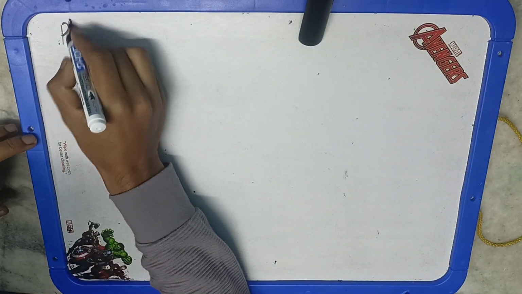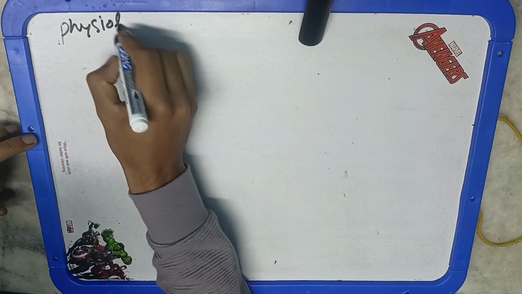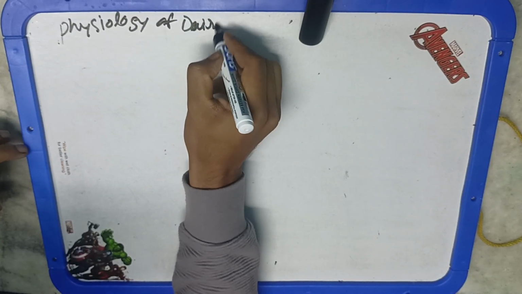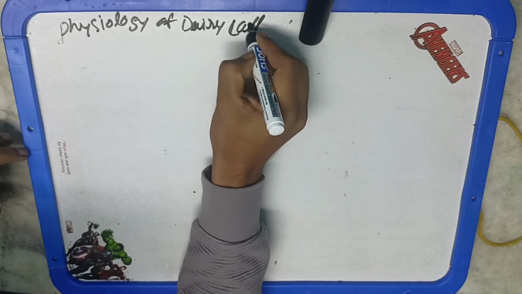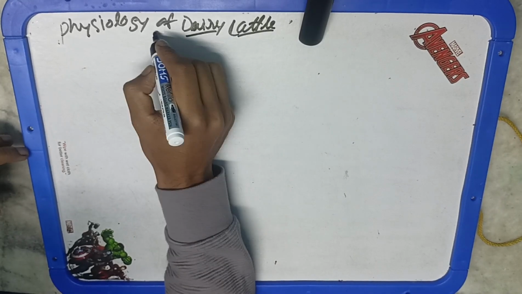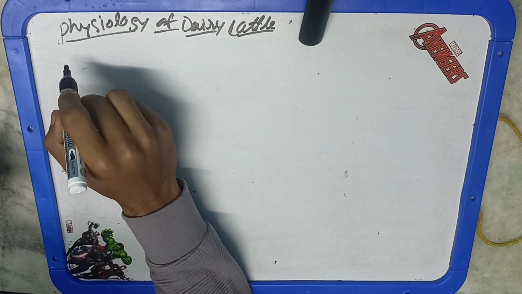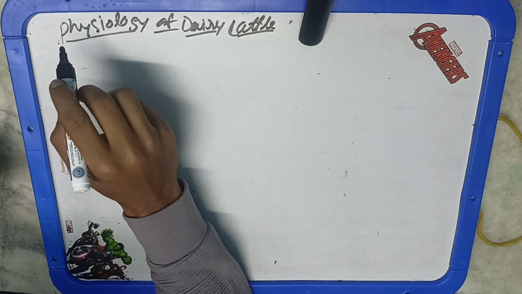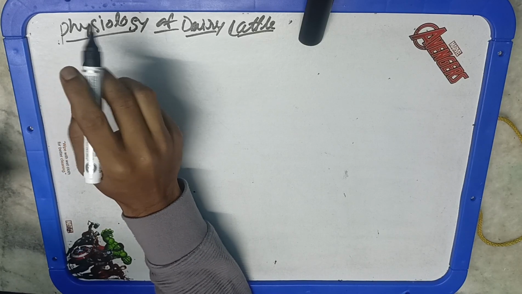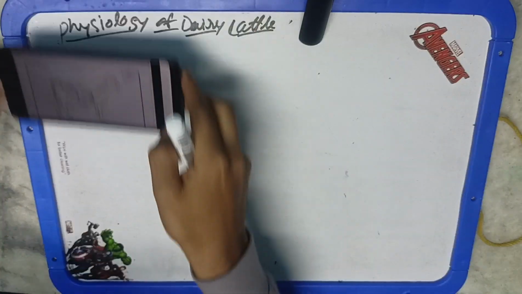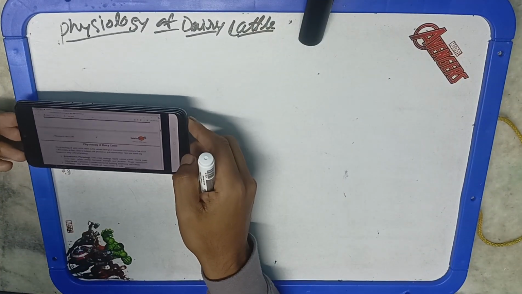So in this particular video, we will discuss the physiology. So far we have discussed the breeds, their types, morphology, and all the characteristic features. So today we'll discuss the physiology. In the physiology, majorly there are 2 or 3 aspects that we'll cover. One of the aspects you can see here in this picture. This is about the digestive system. This is again important because the regurgitation is different. Their stomach has 4 components. All that we'll discuss today in this particular video.